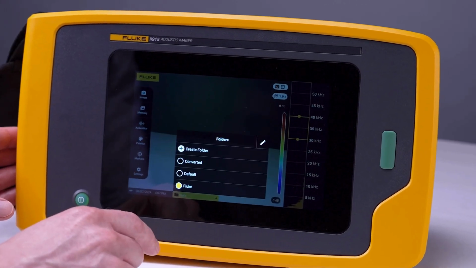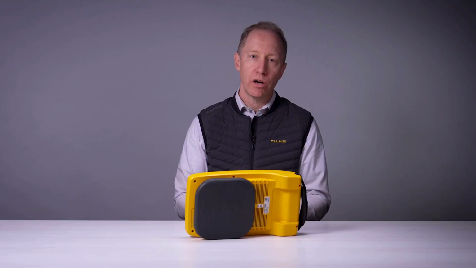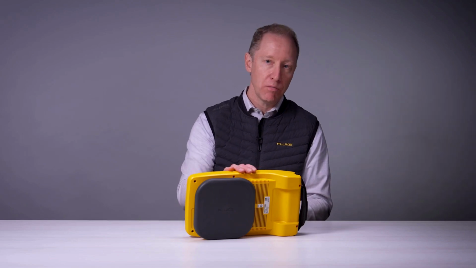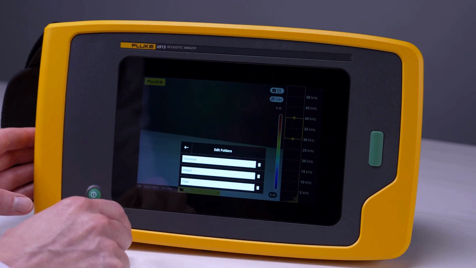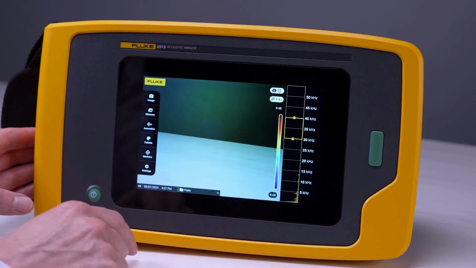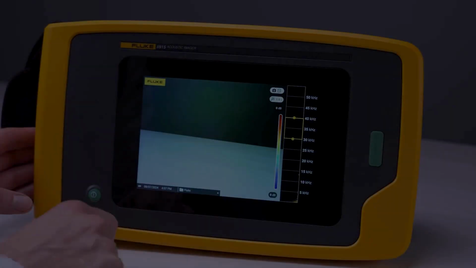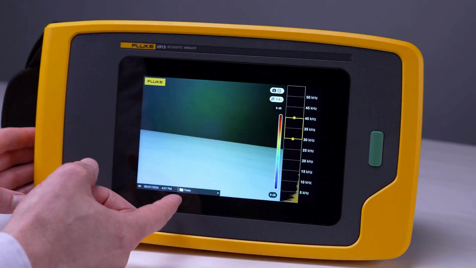Create folders to designate where your new captures are stored. Folders organize your captures both in camera memory and for download later. You can create folders named by location, customer, date, or whatever you want so that they're organized properly. The folders are shown here.